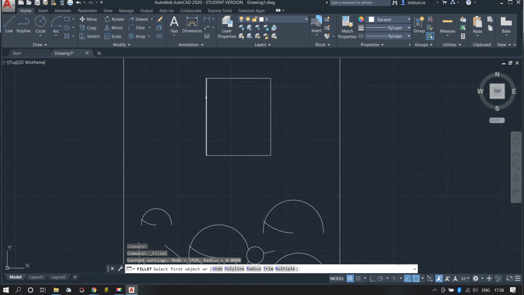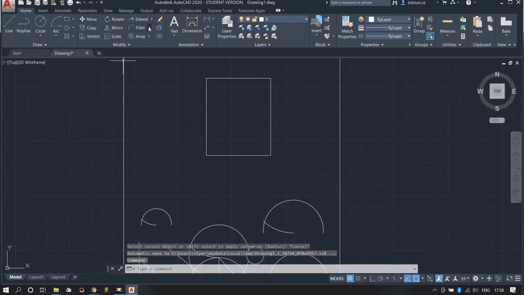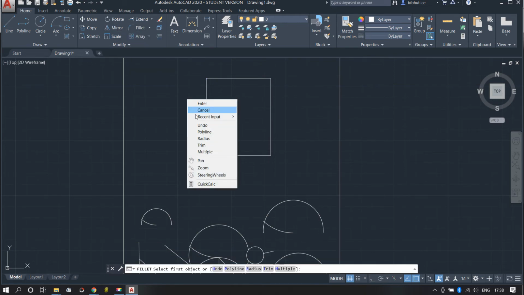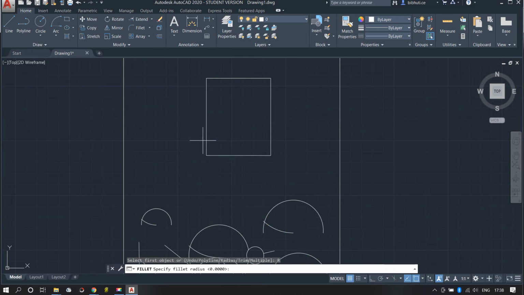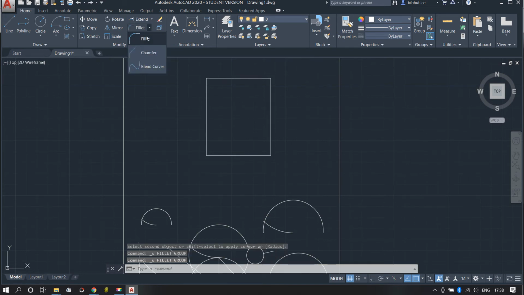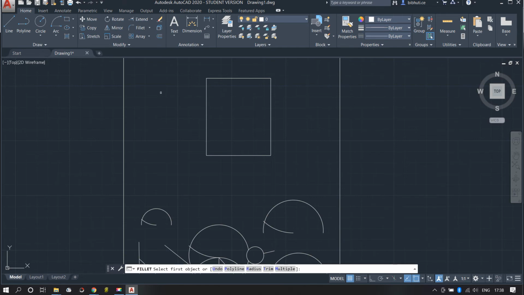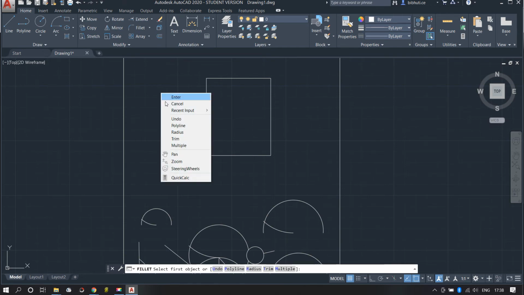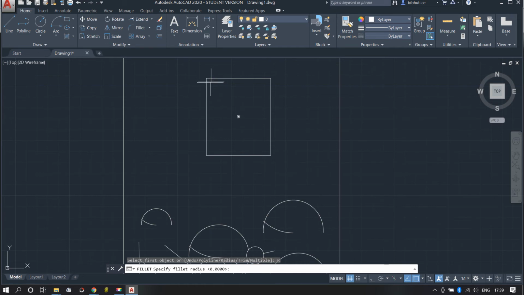Okay, so the first object is, let's say, this. After clicking on fillet, you have to right click and select the radius of the fillet, say 20, then first object, second object. If I select radius, then it will ask how much radius,